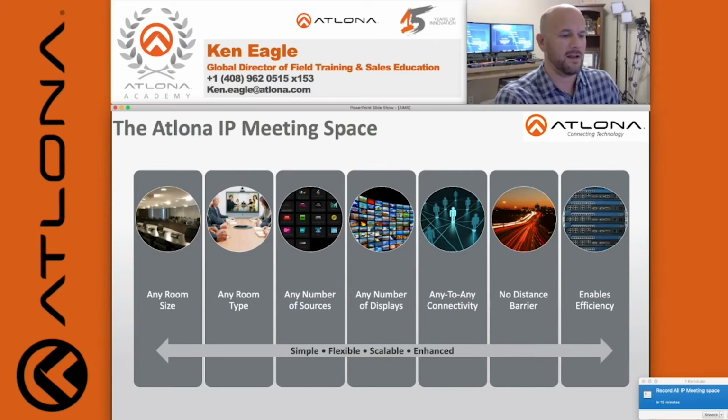You've also got any-to-any connectivity, so we can take advantage of all of those different displays and sources and rooms that they could have within their facility or their entire campus. And you have no distance barrier when you go to AV over IP. We're no longer limited to those runs of 100 meters or 40 meters. Even up to 4K and HDR resolution, we can send without distance limitations, and it can be done over Cat5e